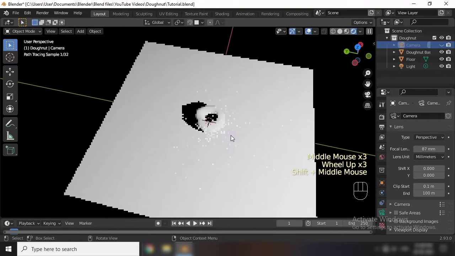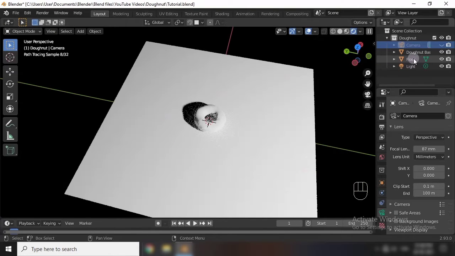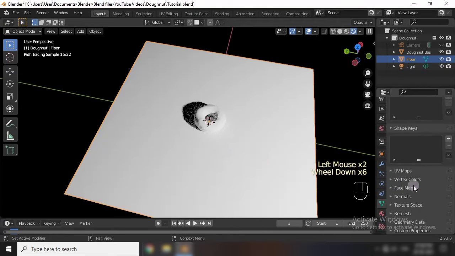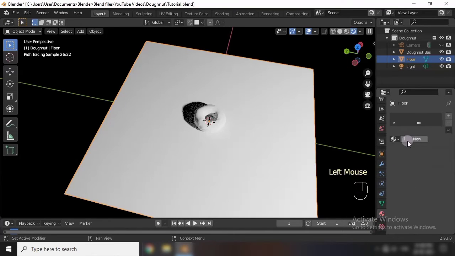First I will add color to my plane, or the floor. I have selected the floor, and at the end here you can see the material properties. I will click on material properties, and you can see a new option.